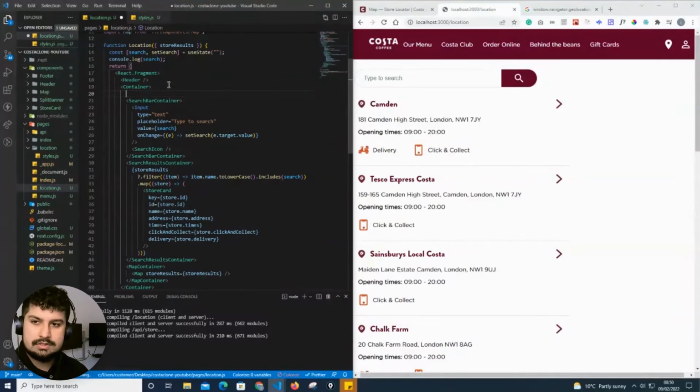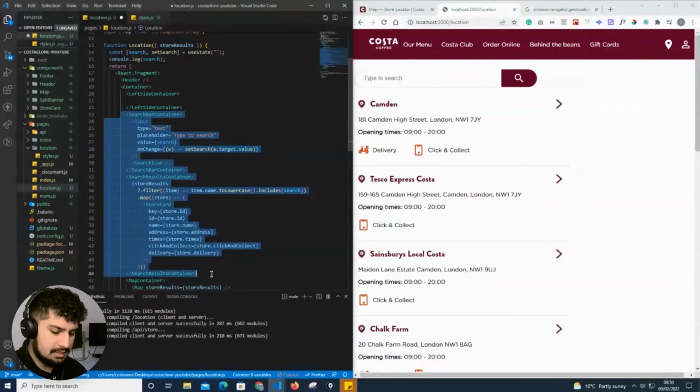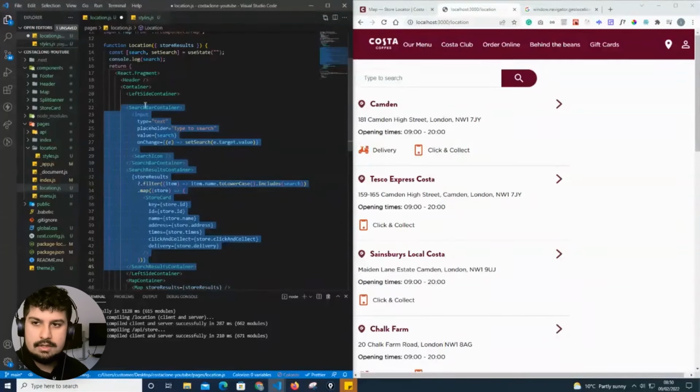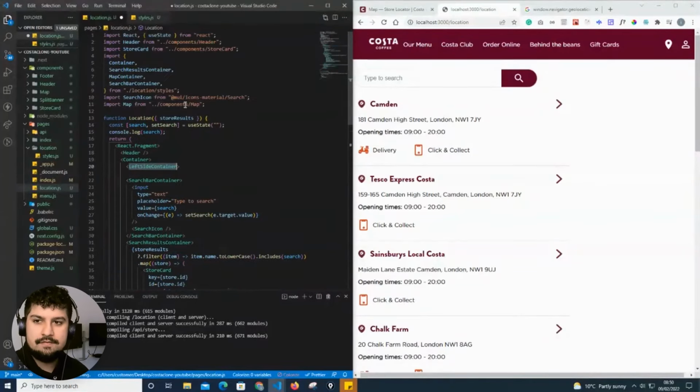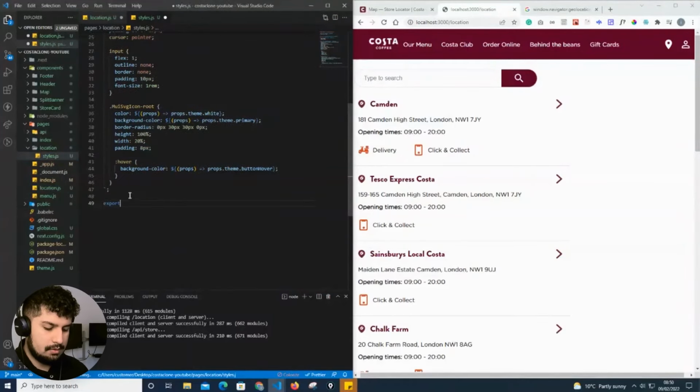So I'm just going to call this left side container, like so. And within this left side container, I'm now going to insert the search results container and the search bar container. If I now create a div for this left side container, so add this into my imports and now go to my styles, if I export const the left side container, which is equal to styles.div, and now if I save,